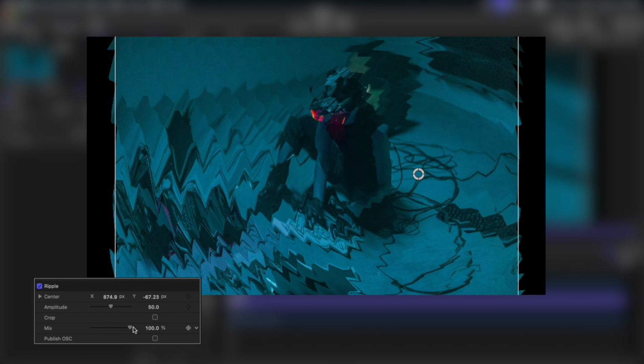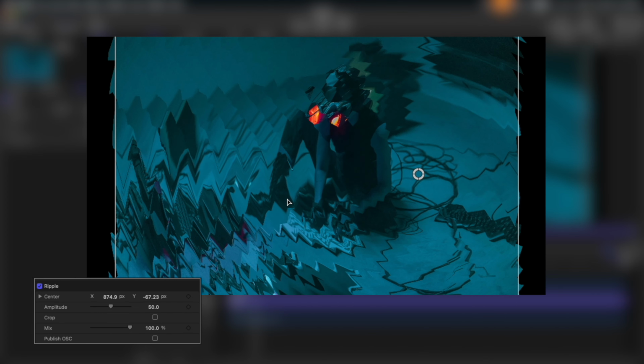Let's reset that. Mix is just the percentage of blend between the effect and the layer. Alternately, you can think of it as the turn on and turn off of the effect. Let's go back again to amplitude. If we press spacebar or play,